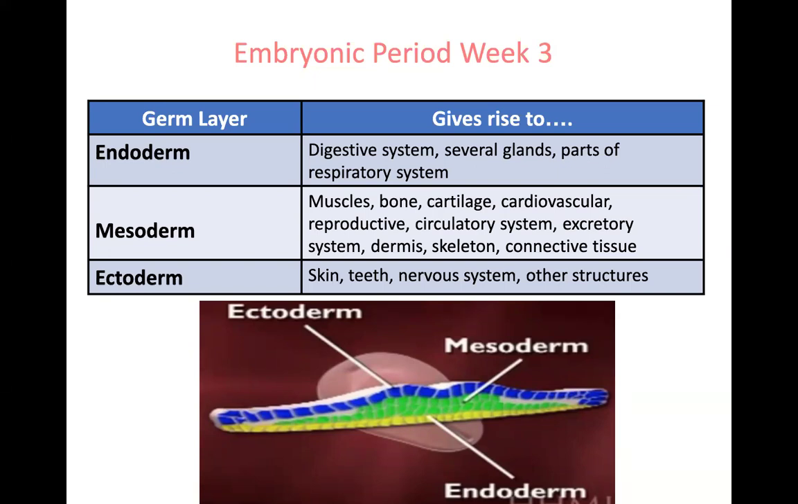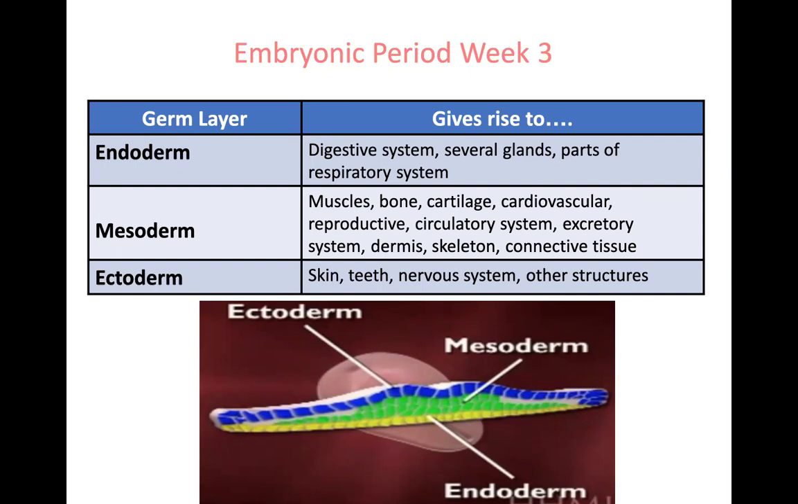So the endoderm gives rise to the digestive system, several glands, and parts of the respiratory system. So some of the excretory system are the kidneys. Then your mesoderm gives rise to muscles, bone, cartilage, cardiovascular, reproductive, circulatory systems,